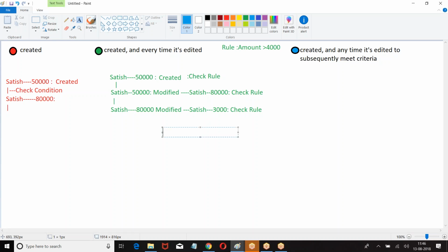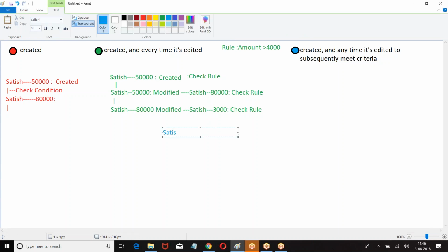If I choose the third one, Satish 50,000 is created. New record is created, check the rule.